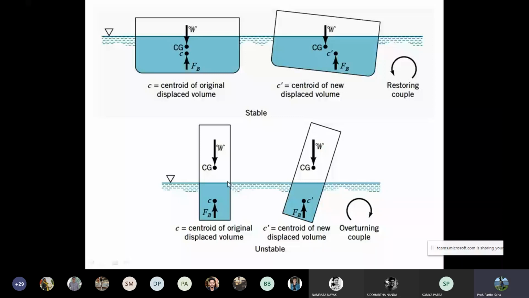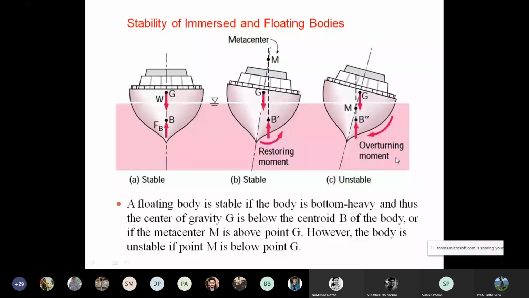Another example of a floating body is given here. This is the weight, and this is the buoyant force, FB. The moment it shifts, this is a stable position, and this is an unstable position. In the stable position, the restraining couple acts with respect to the metacenter. What is the metacenter? I'll come to that in the next slide. Now the buoyant force is on the same axis as the metacenter. So the metacenter tries to push it back so it is parallel to the center of gravity. The metacenter will push left, and then it becomes stable. But here, when it is shifted much, the metacenter has shifted to the left of the center of gravity. So it will not go back to its original position. It will move further to the left-hand position, and it becomes unstable.